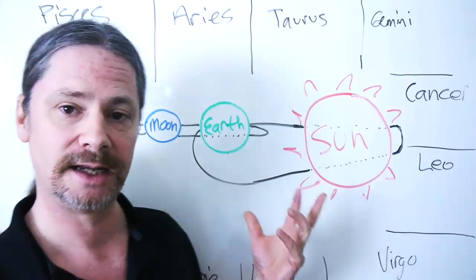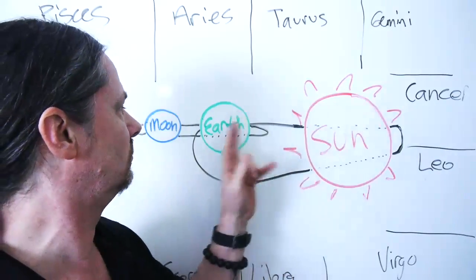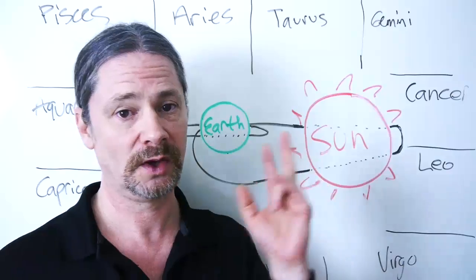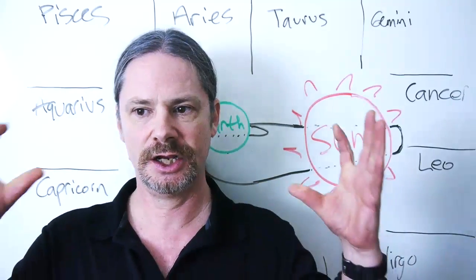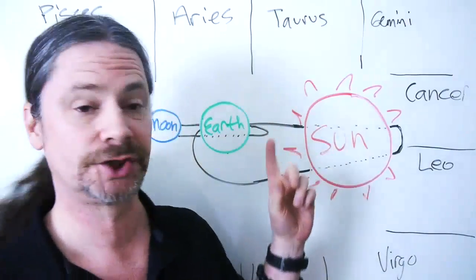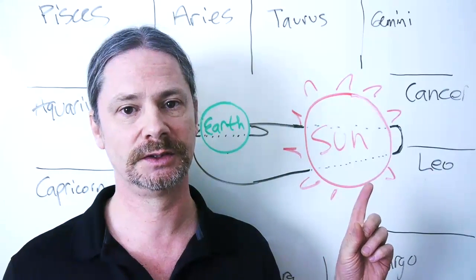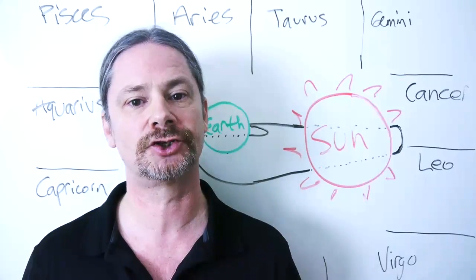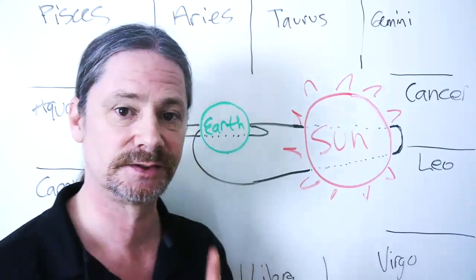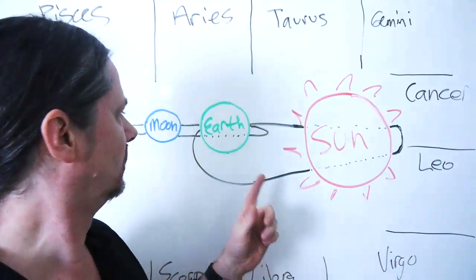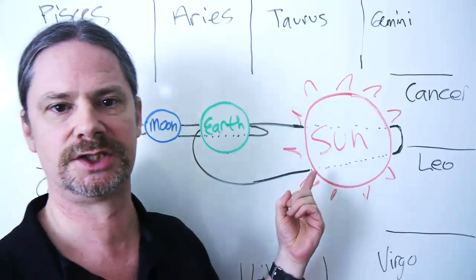Because what that does is it brings together the orbits of the sun, moon, and earth. What I said at the beginning needs to be really understood. When I said you have to understand the cosmic implications of astronomy to deepen your astrological understanding, and the zodiacs are an important part of it. What I mean to say is this, and understand this clearly. These orbits have nothing to do with each other.